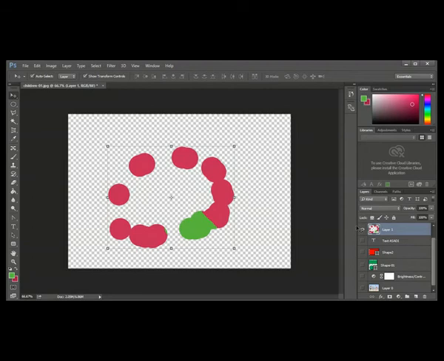Okay. So the first option, if you select this button, is lock transparent pixels. If I select this, that means you have completely locked the transparent area and you cannot draw anything there. Let me select a brush tool. And you see, I can't draw anything there, on the transparent area, but I can draw on the other areas. So that is the first option.